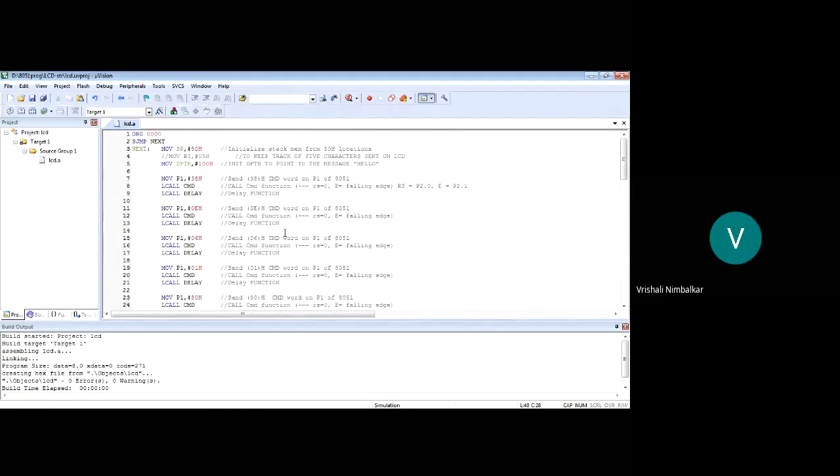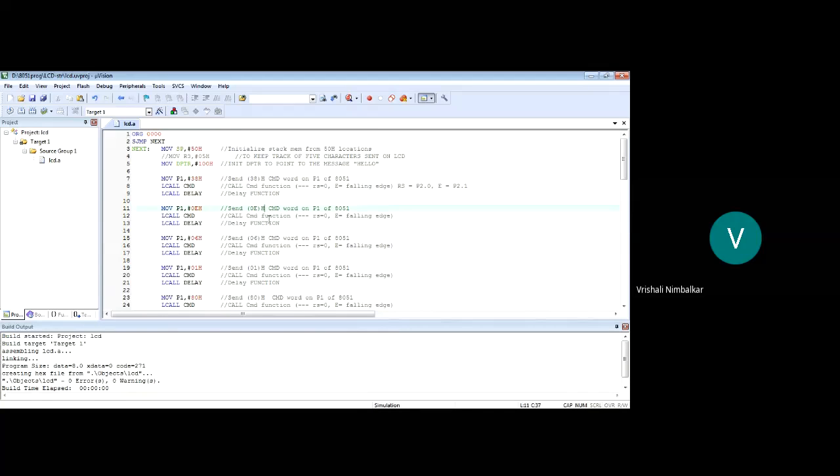So see here, students, what did we see in today's lecture? We read the busy status from the LCD. So instead of generating a random delay program, we checked the busy status of the LCD and then went on sending the command words and the data words. Then we looked into sending a string of 5 characters, hello. We modified the program to display the message hello, and then we modified the program to display a message of any length. Hope you all have understood this.